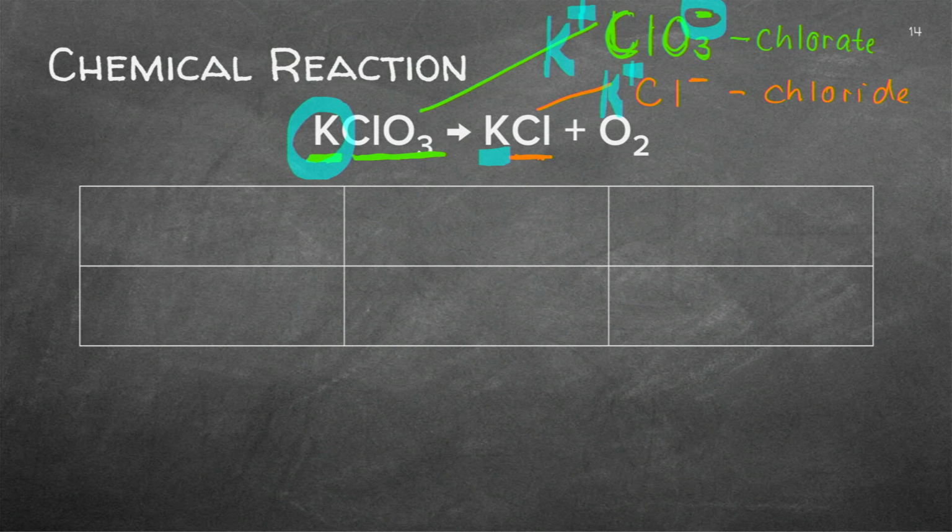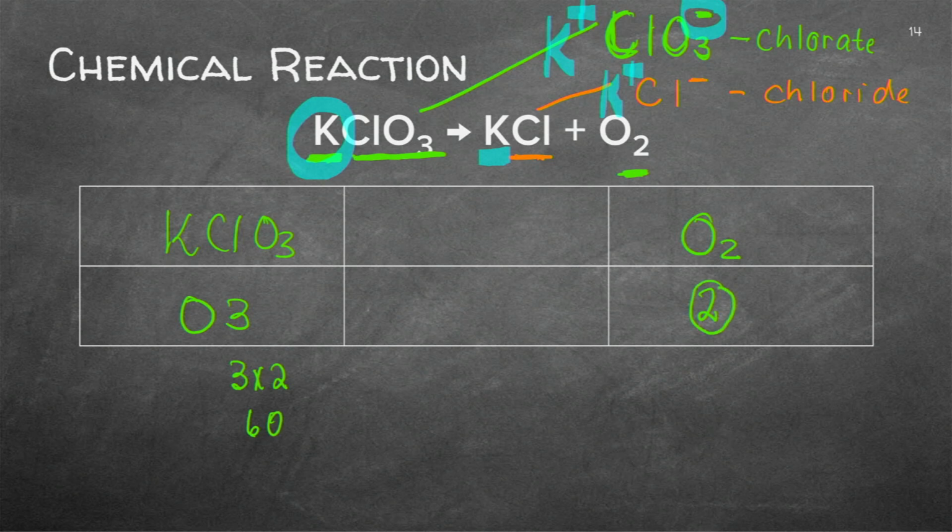Now let's have a look at the moles. Is it balanced? Well, you can see here I've got 2 oxygens coming out. Can you see that? So it's 2 coming out, and here I've got 3 going in. So the oxygens is clearly not balanced. And if you recall, we said get the common denominator. So if I took this 3 and I multiplied it with 2, I would have got 6 oxygen. If I took this 2 and multiplied it with 3, I would have got 6 oxygen.